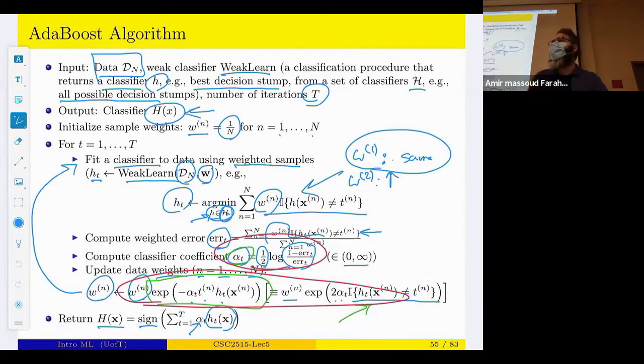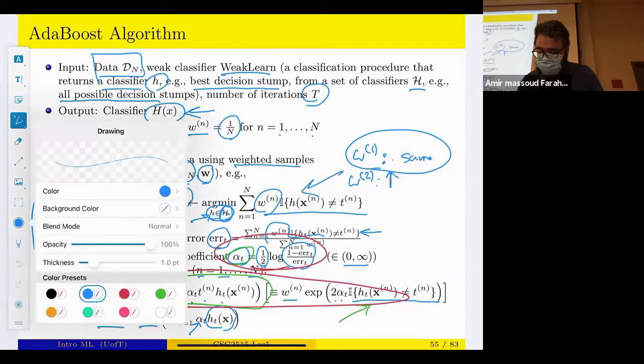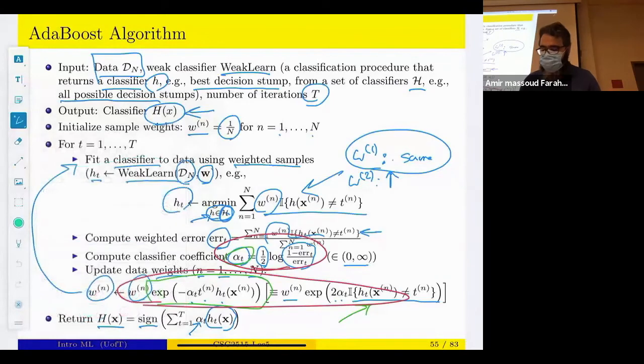Okay, so last time on Thursday, we talked about boosting, the AdaBoost algorithm, and provided this algorithm, which basically learned weak classifiers and added a weak classifier to the ensemble one by one. This algorithm had several steps, like training a new weak classifier, computing its error, and then computing the coefficient, alpha t, which is the coefficient of the weak classifier in the ensemble, and then updating the weights in some